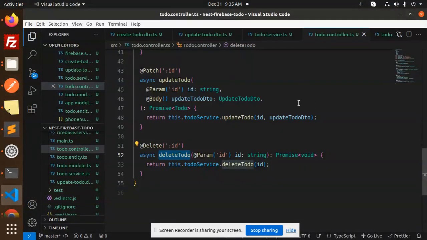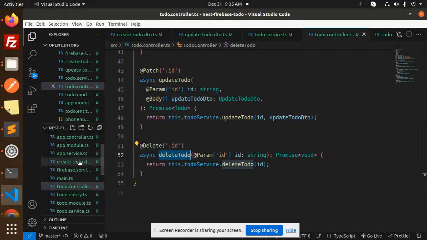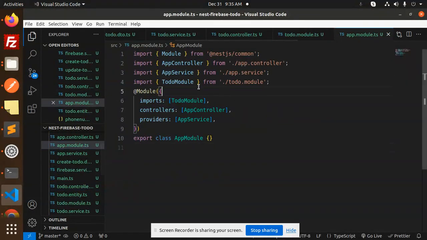Okay, this is like the controller and service we have made. Now how to include that module in the app module, the main module. Okay, so let's go to the main module, that is app.module.ts. So here you require the todo module and the todo module import. Okay, and after this we are ready to go with creating a todo CRUD operation with Firebase,